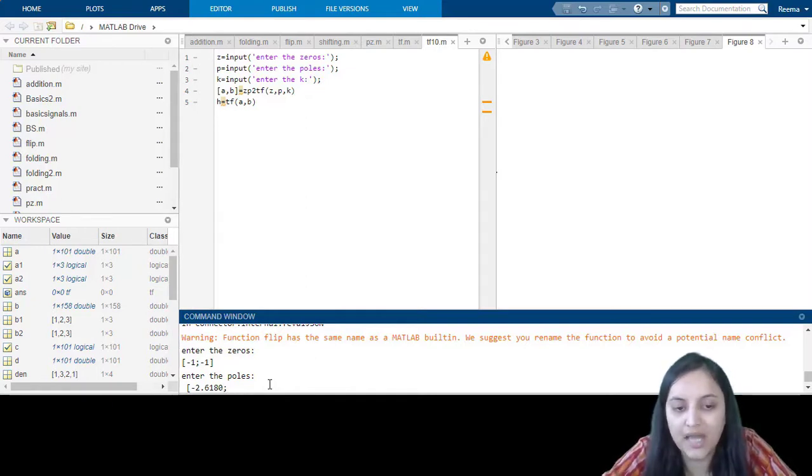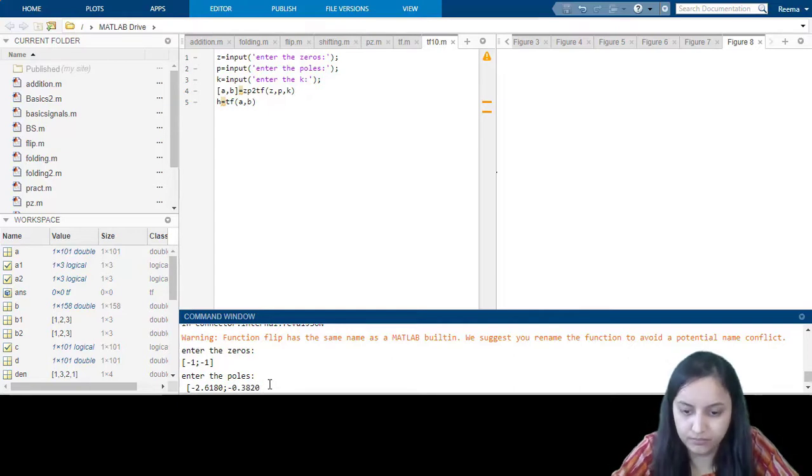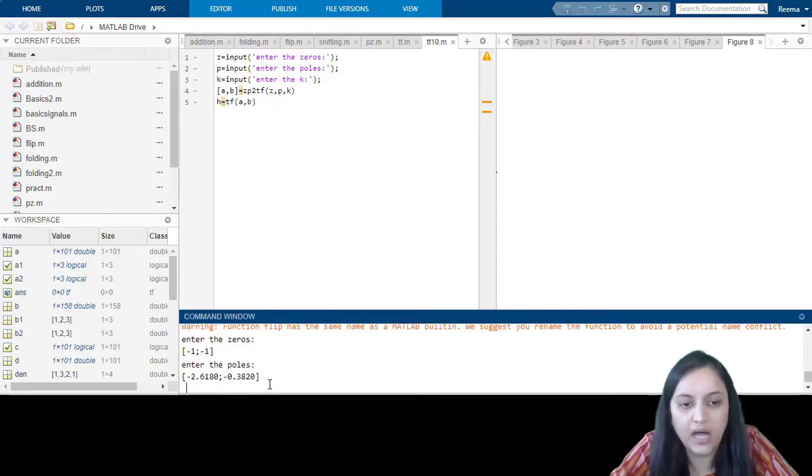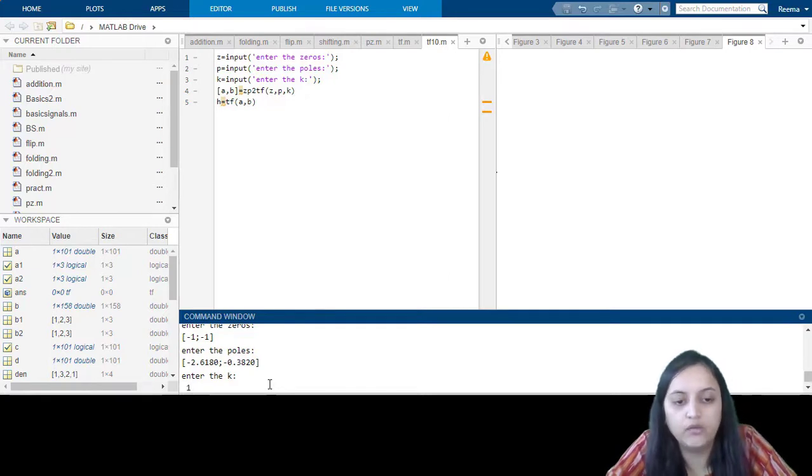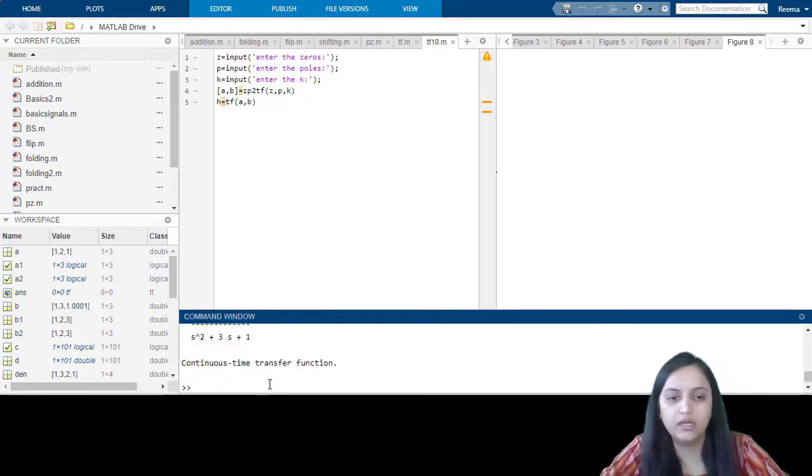We are using a semicolon for the separation of two different values. So here I will enter the second value -0.3820, and it will ask us to enter the value of k. So I am entering the value of k as 1. So it will return us the transfer function, which is over here.